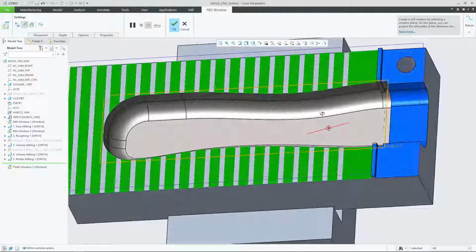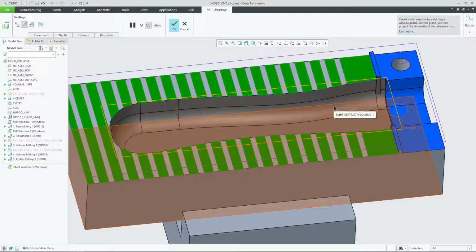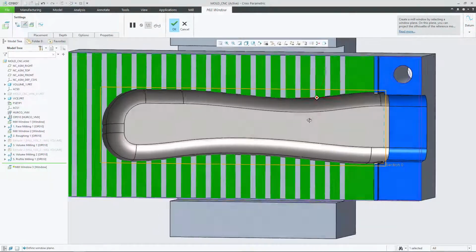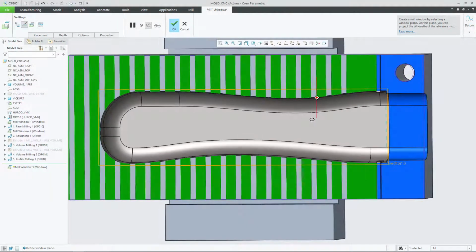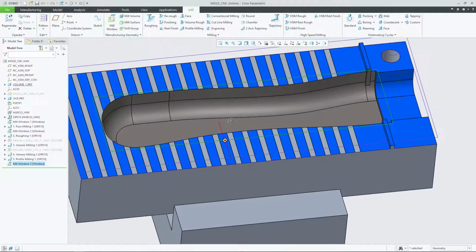So we'll click on OK. That is our mill window, so we want to tackle things which are within that window when viewed from above or when viewed from the perspective of the tool head itself. So I'm happy with the mill window, so I'll click on OK. I have my mill window in my model tree now, and with that mill window selected, I'm going to initiate